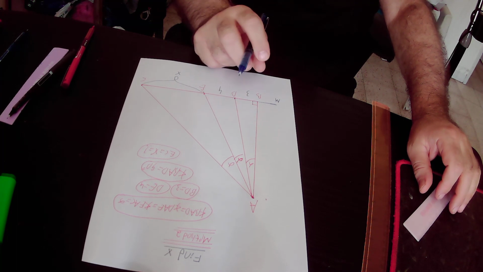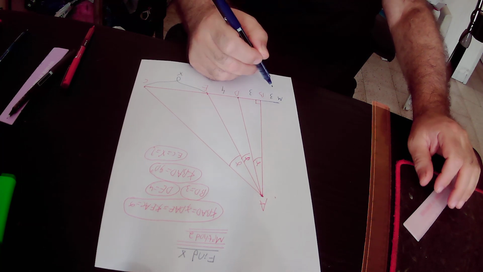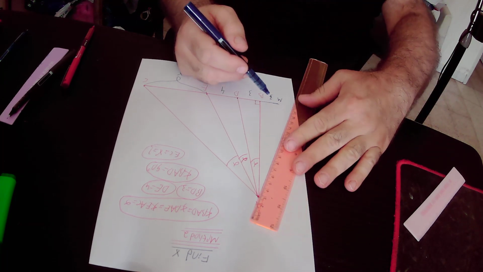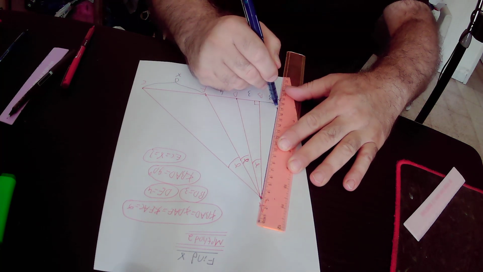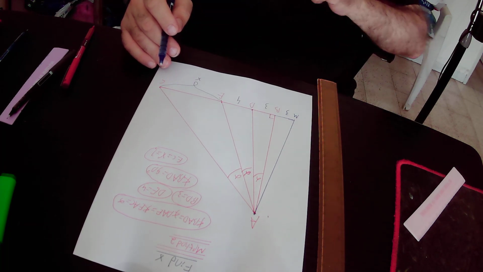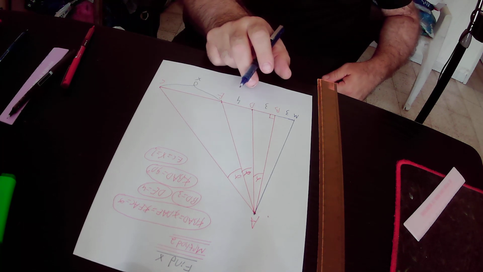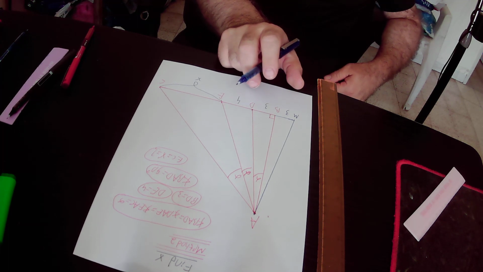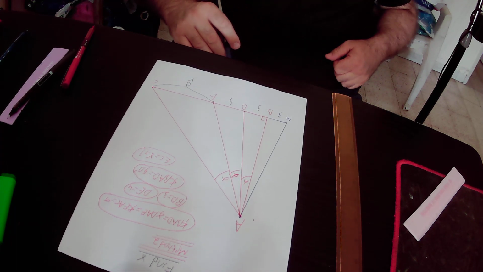So we extended BD by 3 units, therefore MB will also equal 3 units. And then we will join points A and M by a straight line. We know we extended BD by 3 units, so MD is a straight line, and we know that the sum of the angles on a straight line is